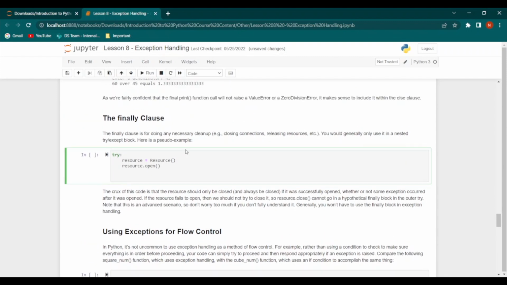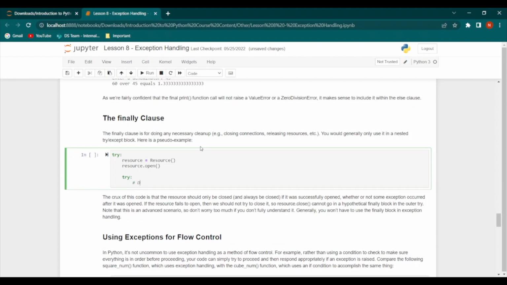So basically, if the resource fails to open, then the execution of the code will jump to the outer except block, and it will skip the whole try block that we will be writing in the next few lines of code. So we have try,